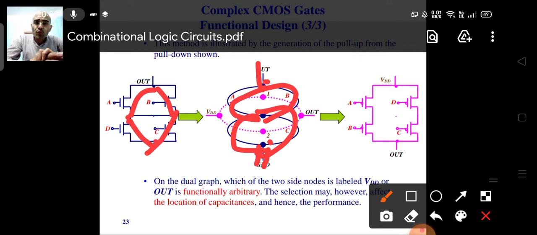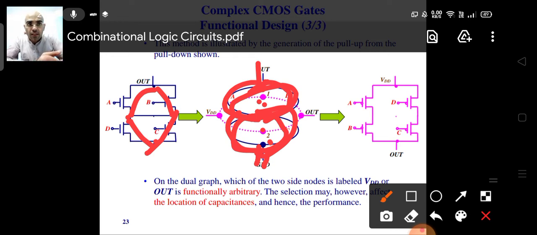Now if you want to draw the dual of this particular graph, to make the dual of this, what we have to do is put the dots in each of the loops. I'll try to show you this. There is a loop, this is one loop. In this one loop I'll put one dot. This red dot I have used here. Then there is another loop, so I'll use another dot in this. So the second dot I have used. These are the two dots which you are going to use.